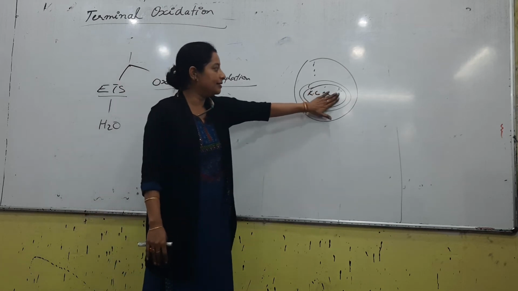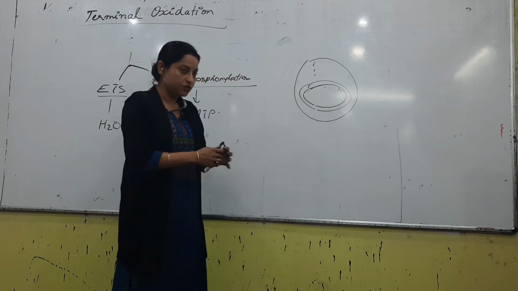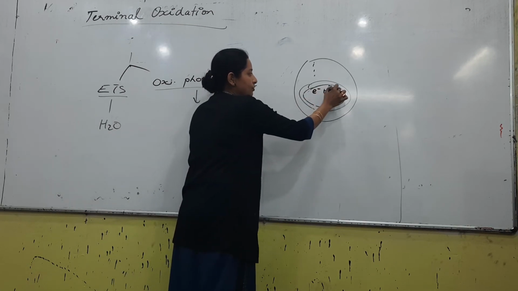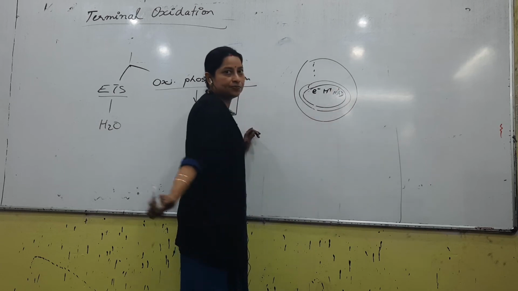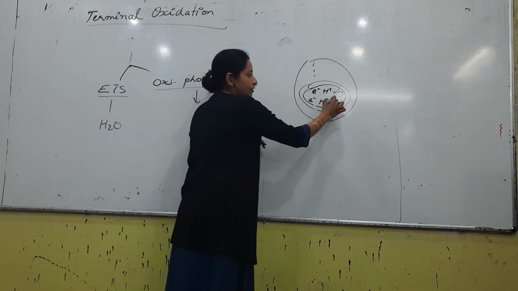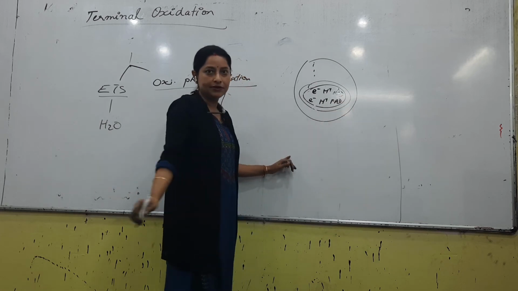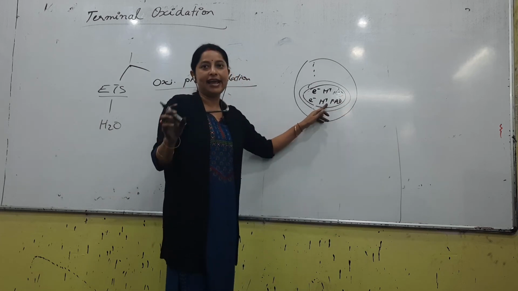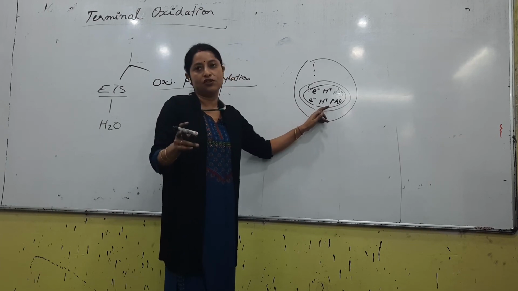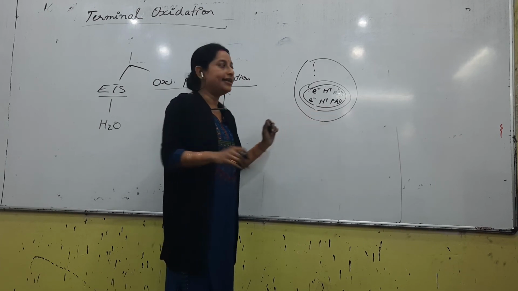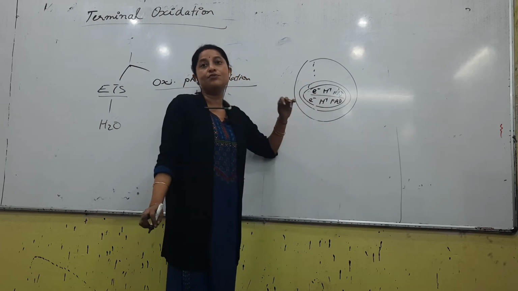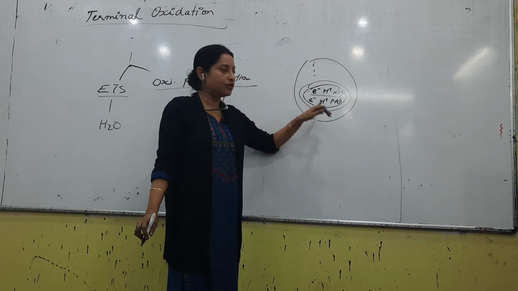So within the matrix, if we are talking about NADH2, it forms electron, proton, NAD, right? Also FADH2 gives electron, proton, FAD, right? So ultimately what we can say, NADH2 and FADH2 gets broken down inside the matrix of mitochondria. Clear? Next, electrons and protons need to be separated, because if they stay like this,